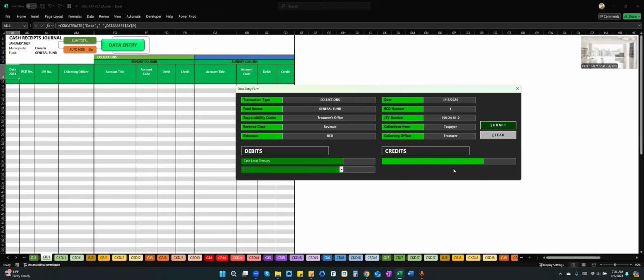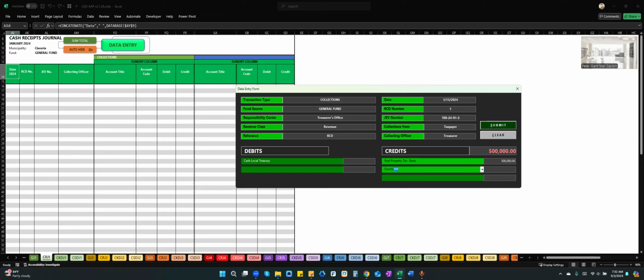Let's just leave the amount for now because we will be totaling or summing up the amounts later on. For example, we are recording the receipt of real property tax basic. Let's say that is 500,000. And then when we record real property tax, of course, we have some due to LGUs, I guess,